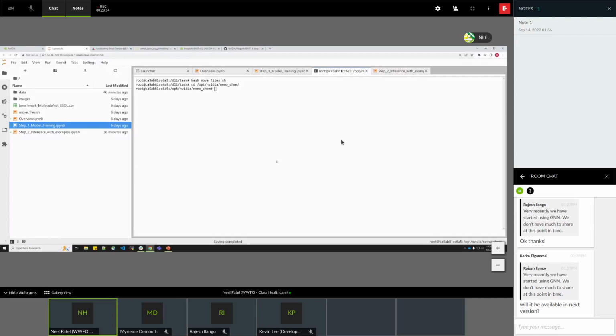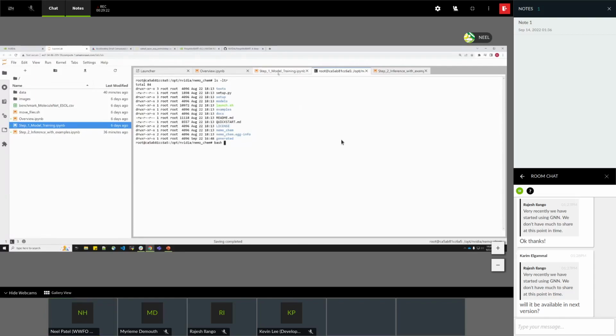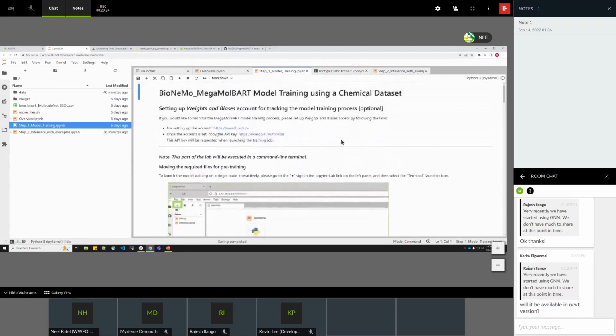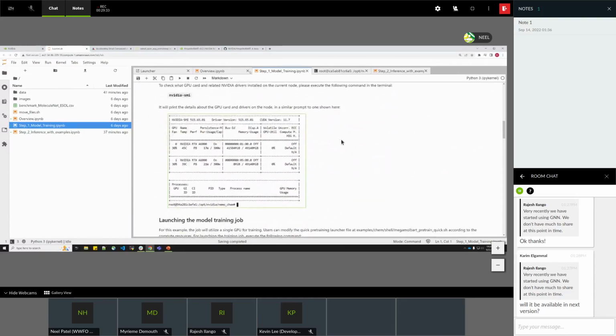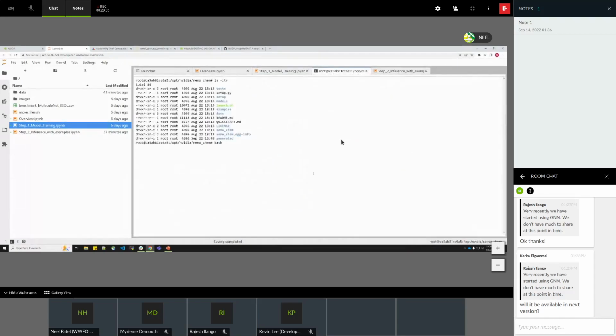Okay, awesome. Let me make sure we are in the correct directory. Looks like we are in the correct directory. Our example file for pre-training sits in this example format. So I'll go ahead and execute a command. If you're following the step one guide, you will see all the commands that are listed here. For example, the first command that we executed to move the files was here. Also, before we go ahead, we want to check what the